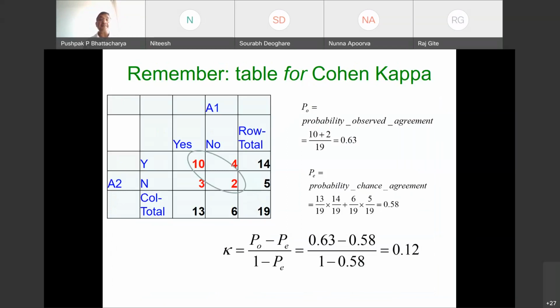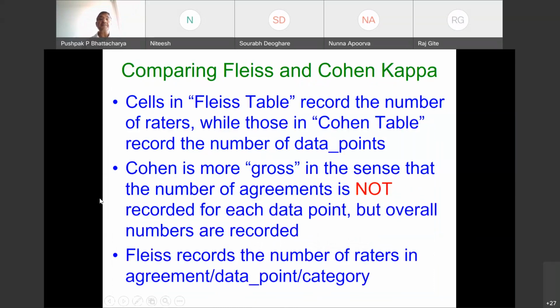Now, the table for Cohen-Kappa is for A1 versus A2 and the total number of times they have said yes or no, or class 1 and class 2. Okay, now comparing Fleiss and Cohen-Kappa, the cells in Fleiss table record the number of raters, while those in Cohen table record the number of data points. How many yeses, how many nos, and so on. Cohen is more gross in the sense that the number of agreements is not recorded for each data point, but